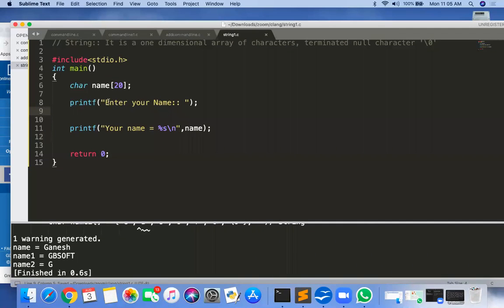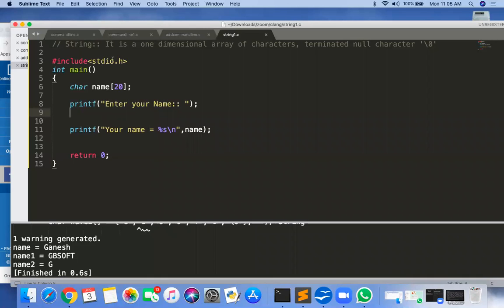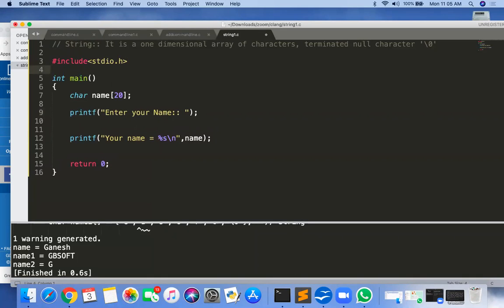Okay. So string we have taken. Now next we will see the different library functions of C string library, string.h.